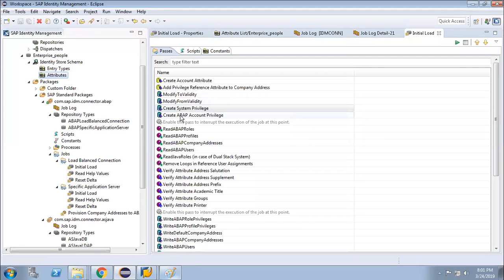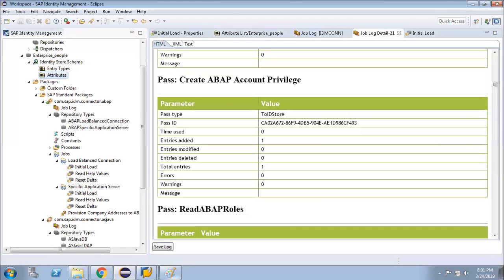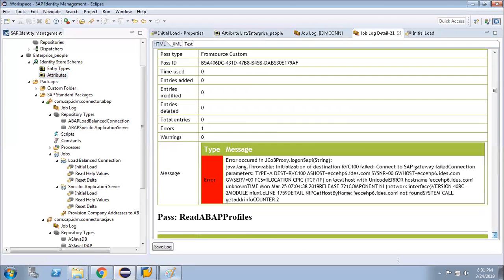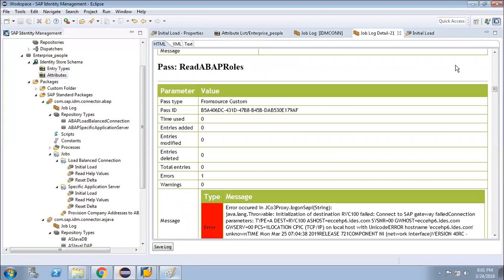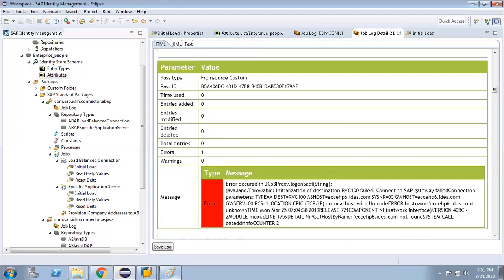Now create account privileges as well, create system privileges as well is done. Okay, now it is done. Now it throws some error over here. Read above roles. Okay, above roles.